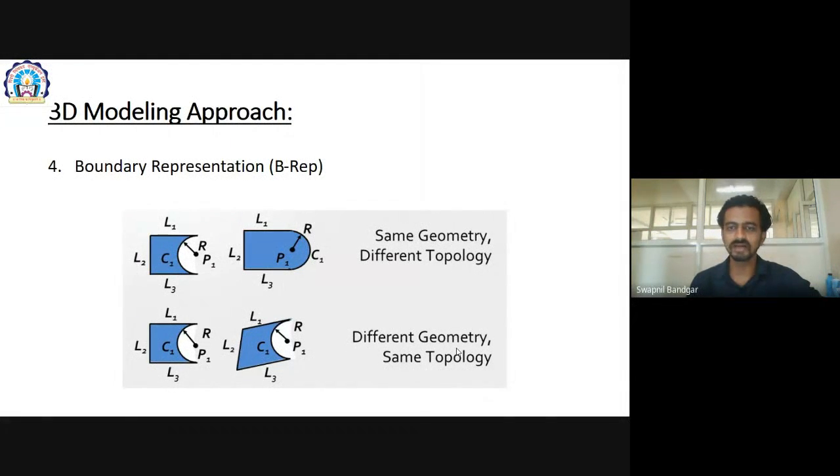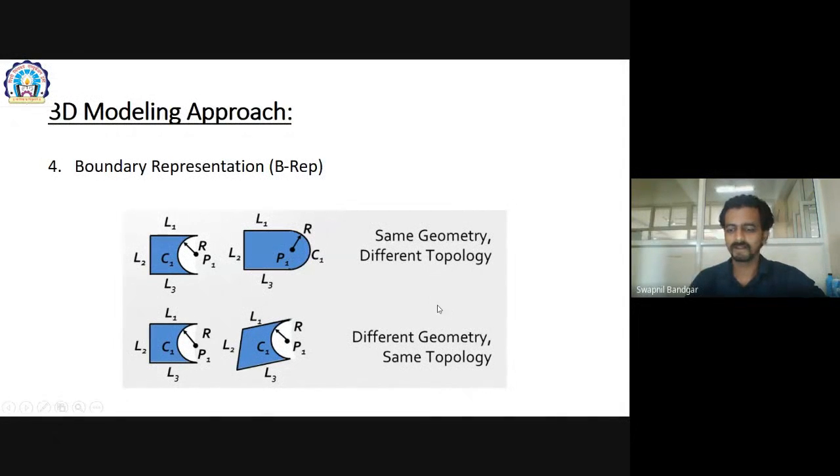And the second thing is, in this case the geometry is different, because if you can see L1 and L3, these have different equations. But the topology is the same. Topology is nothing but which point of one geometry is connected to which point. It only talks about how the points are connected. If there are surfaces, how the surfaces are connected, where they are connected, comes under topology. And what is geometry? Geometry saves the equations, edge equations, surface equations, all these cases.